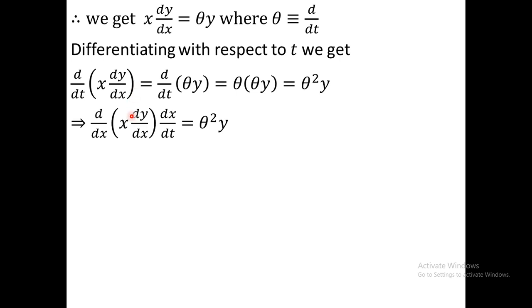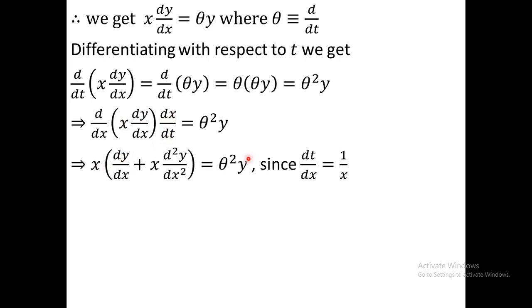θ²y. Now we have to use the formula of the derivative of uv. The derivative of x is 1, that is 1·dy/dx, plus x times its derivative d²y/dx², that is dy/dx plus x d²y/dx². And you see that dx/dt equals x, because you know dt/dx equals x. In the previous page I calculated it, dt/dx equals 1/x, therefore dx/dt will be x. Here this is dx/dt, so I put x here, and this is the derivative of that with respect to x. So after simplification, this will be x dy/dx plus x² d²y/dx² equal to